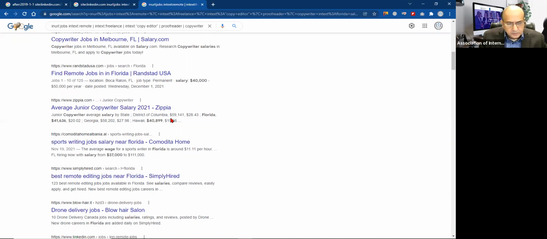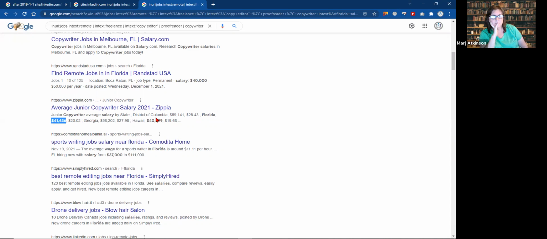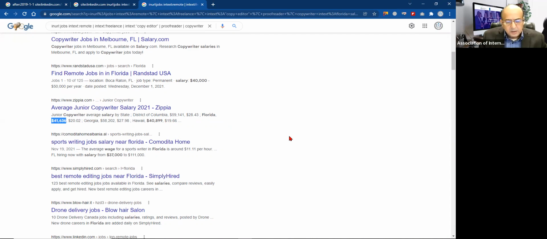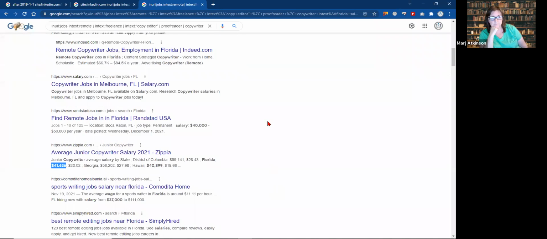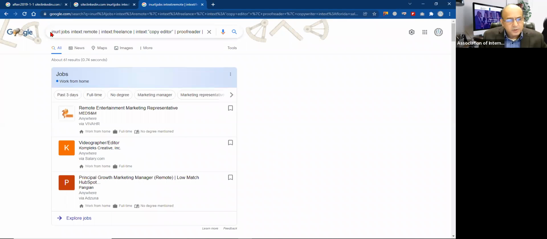Copywriter, average salary, Florida, 41,636, 48.99. So whenever you're giving a range in numbers, you'll find results that have so many different variants of it, because they're all giving ranges on their own, and that could also include your parameter size as well as others. But at least this is the safest and the best that you can do with the